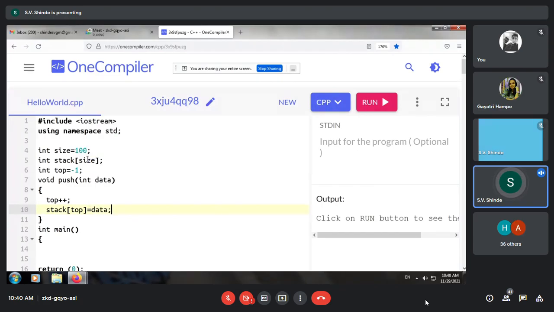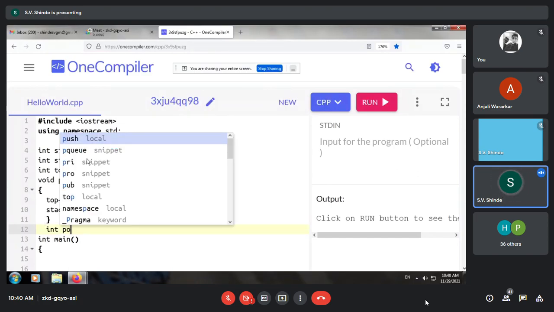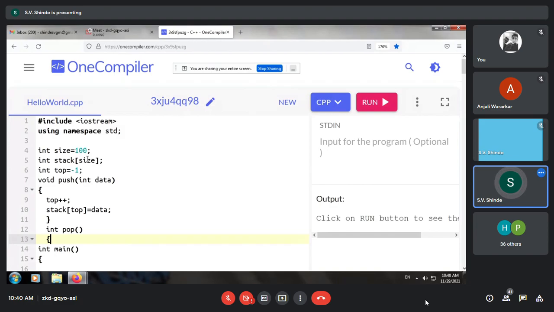Now we are just pushing it, we are not taking care whether the stack is full or not. If you want, we'll implement that later. First I'll discuss pushing the data. Now the second operation is pop. We are going to return an integer value, and this pop function is not taking any arguments, that is void.